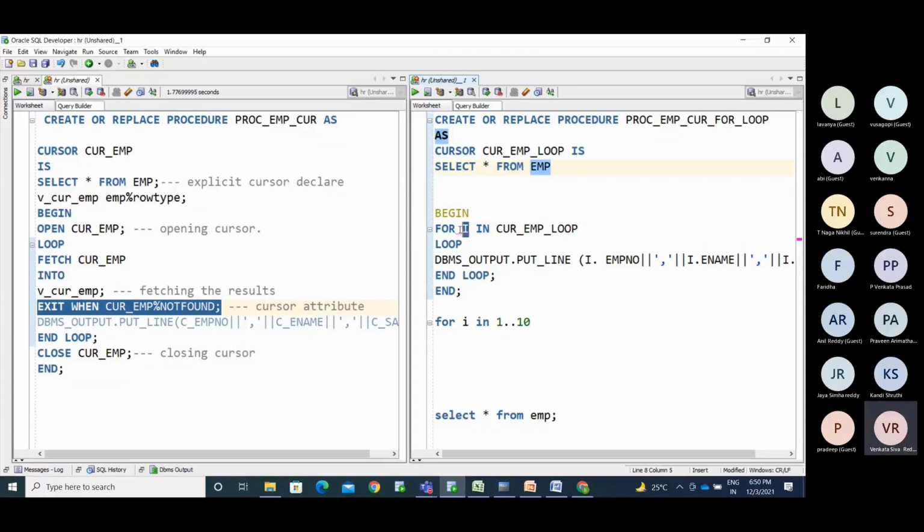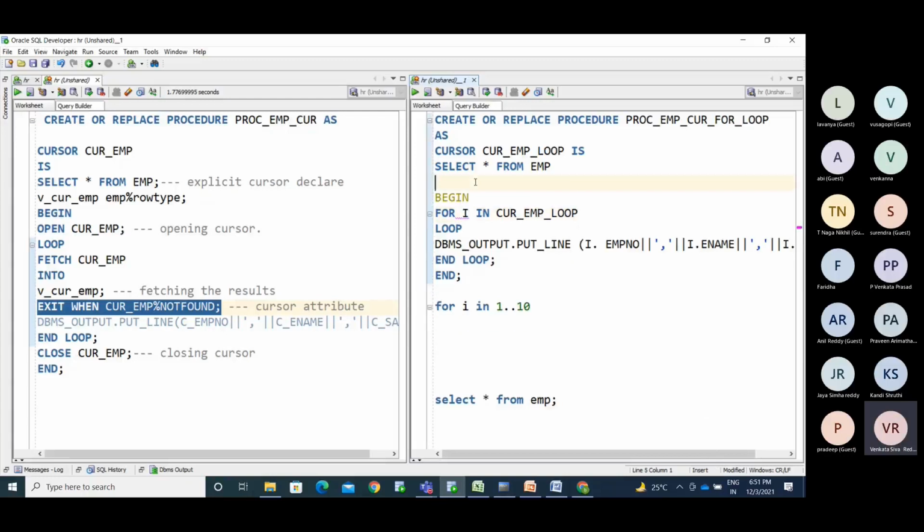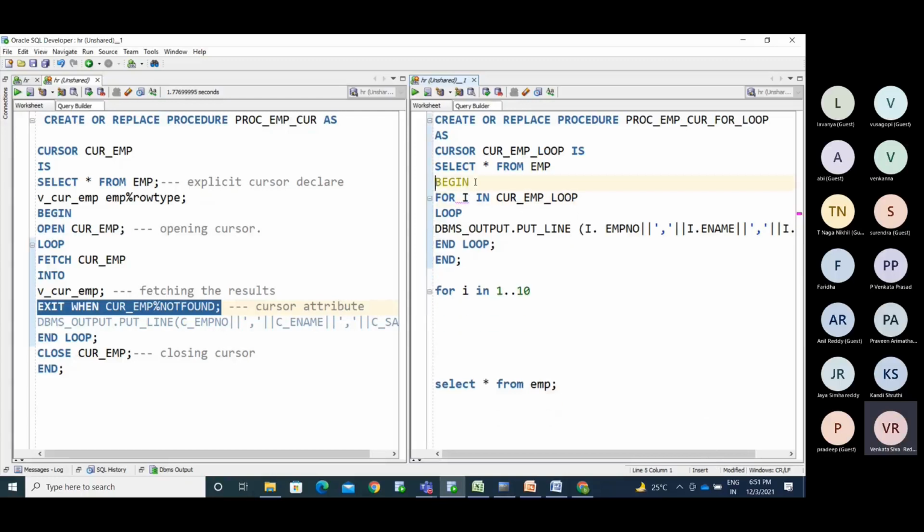The loop will process one record at a time: in the first iteration it takes the first record, in the second iteration the second record, and so on. Now we can display that.